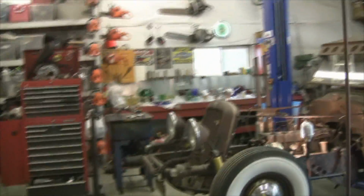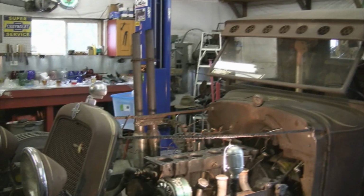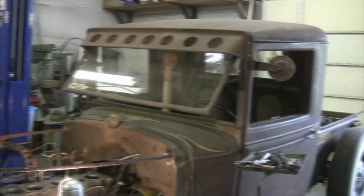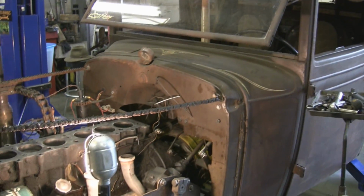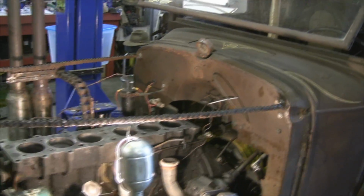I had intended to go to Bulletproof this weekend. I had reservations for the motel over there in Centralia, Chehalis, for Friday and Saturday nights, and come back Sunday. It's a good show, nice show, a lot of good rigs there, but I had an issue with the head